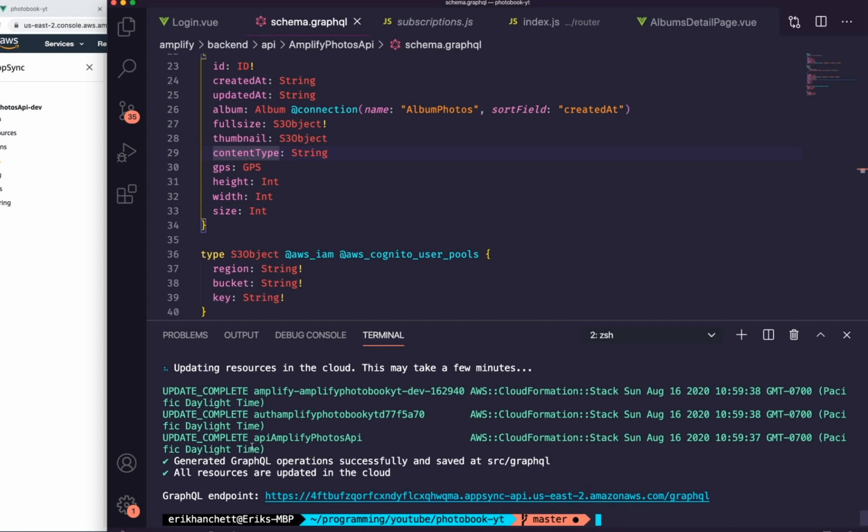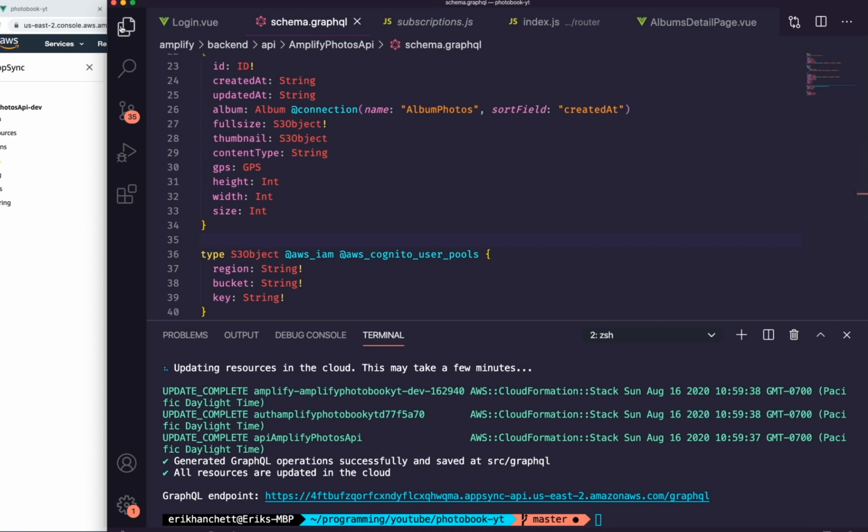Now, by the way, if you're following along and it asks you a couple of questions after you hit Amplify push: are you sure you want to continue? Make sure you type Y there. Do you want to update code for your updated GraphQL API? You can put no there, and then do you want to update your schema scripts? You put yes there, and then that will make sure that the code is pushed into your AWS Amplify, and